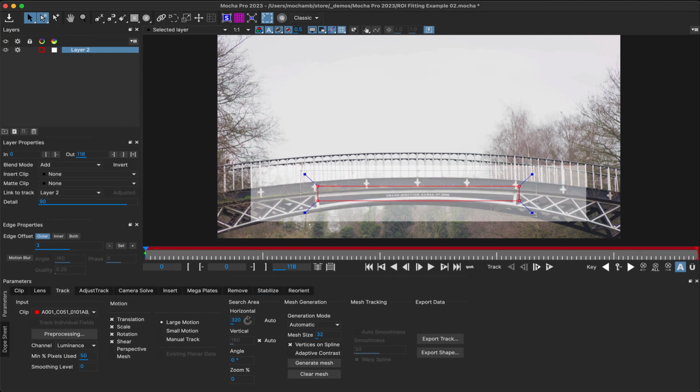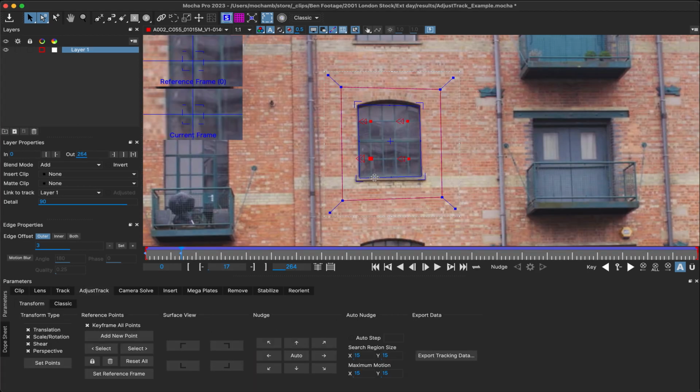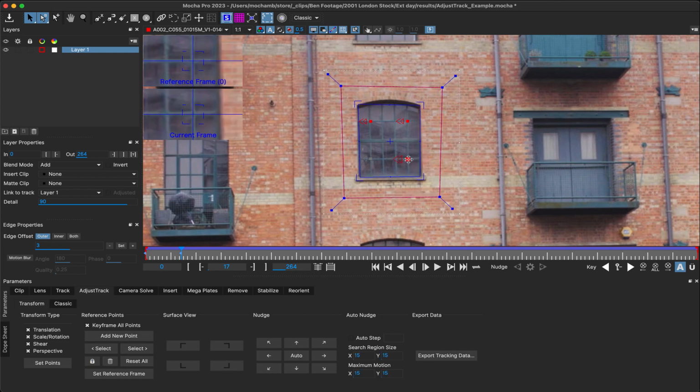For example, if you turn off Auto and adjust the horizontal search area, the search area mat will expand, giving you an idea of how much further out Mocha will look. When working with the Just Track, you can now toggle a lock on transform points to disable them. This makes it much easier to do adjustments of multiple points over time without accidentally keyframing previous points.